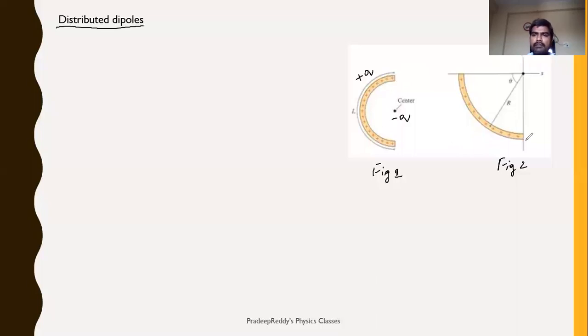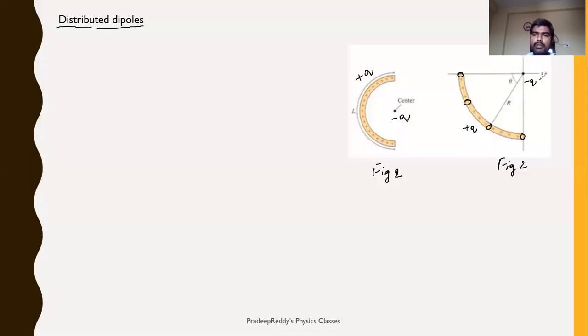Similarly, in figure 2 we have a point charge here. This can be minus Q and that is plus Q. Separation between those two charges is always constant. You can take one element over here, one over here, one over here. Anywhere you take an element of this plus Q charge, the separation from the minus Q charge is always equal, and that is the constant R.